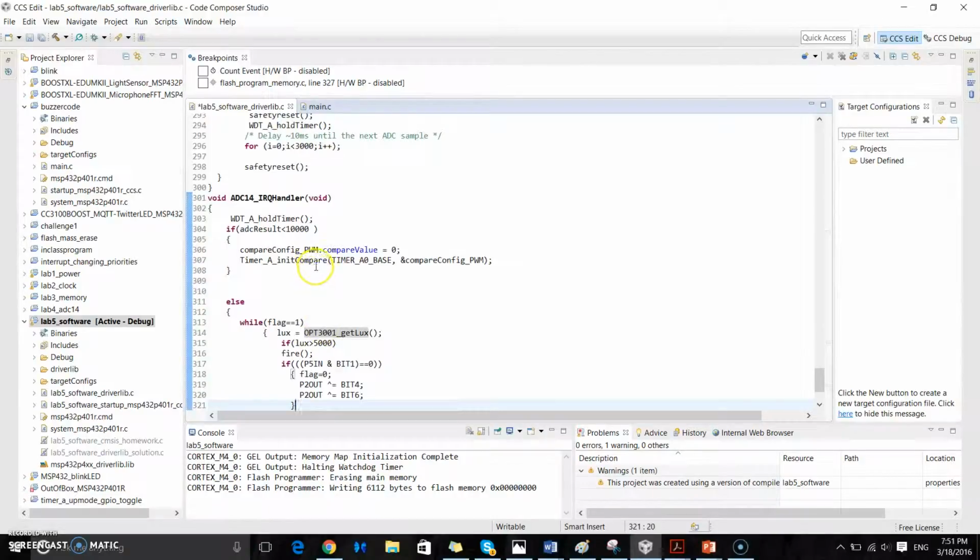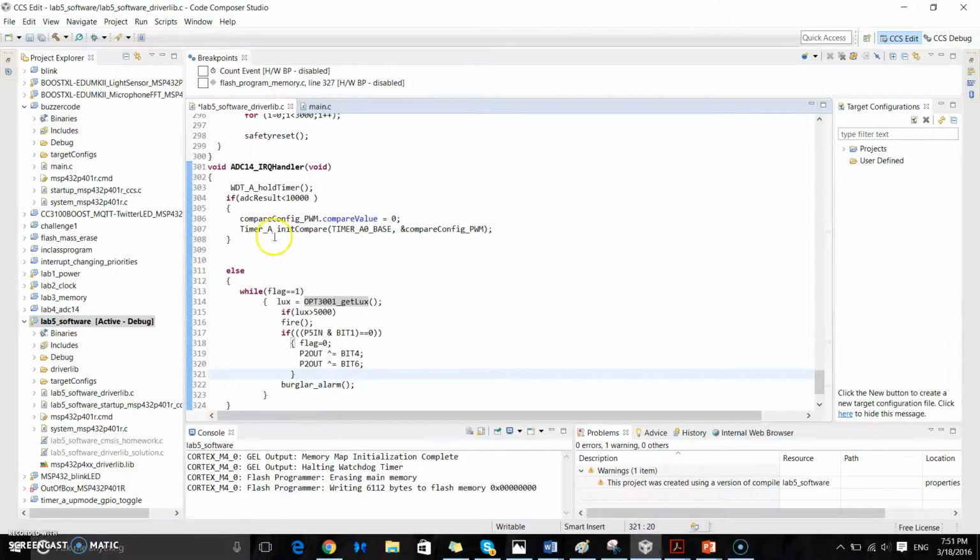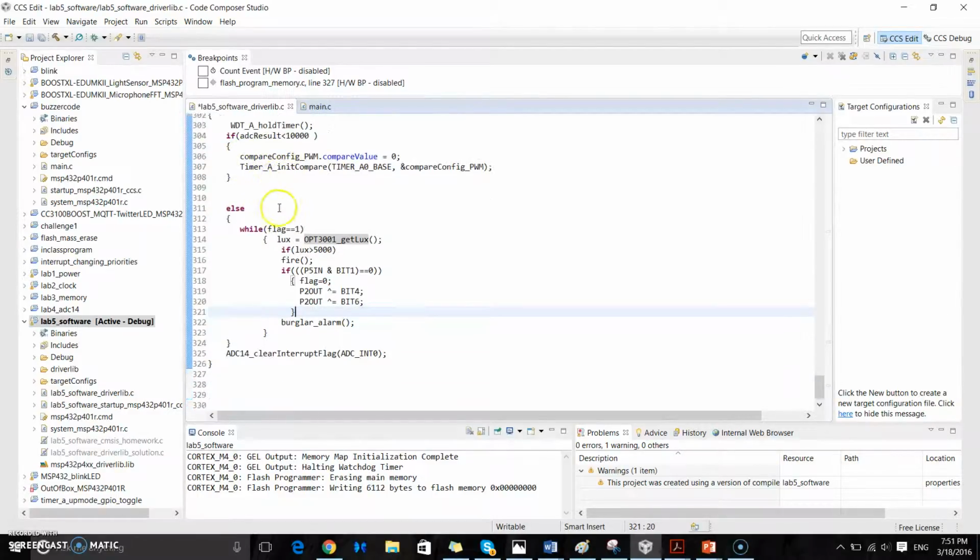Let me walk you through the biggest challenge that I've faced in this project, that is the function body for an ADC interrupt handler. The ADC interrupt handler's duty is to check if the ADC result is lesser than the threshold value or greater than the threshold value. If it is lesser, then don't do anything. But if it is greater, and if the burglar alarm is activated, that is indicated by the flag being set equal to 1,